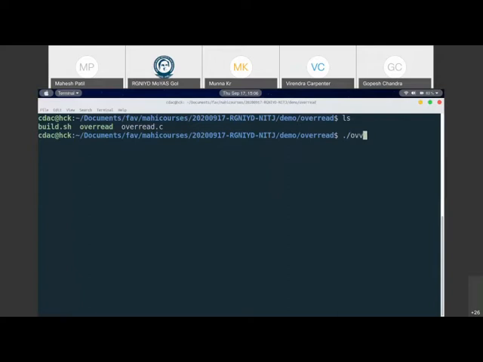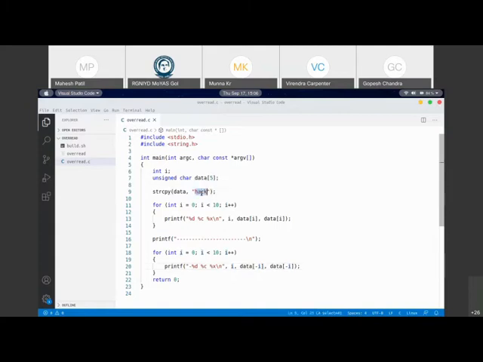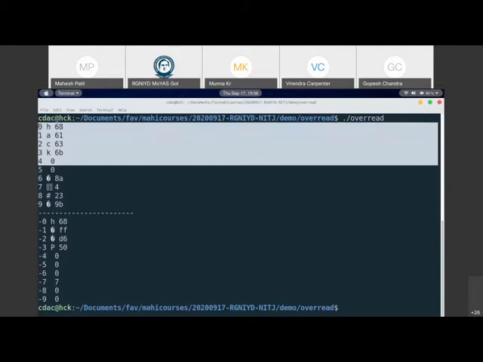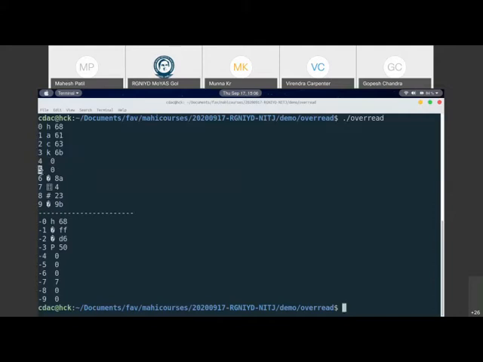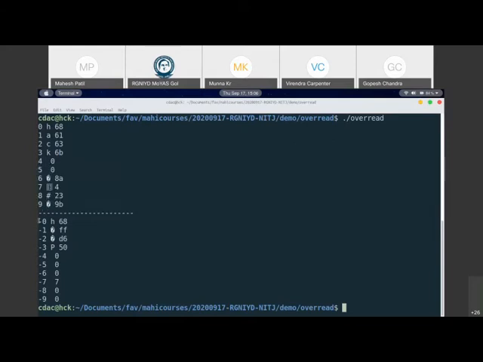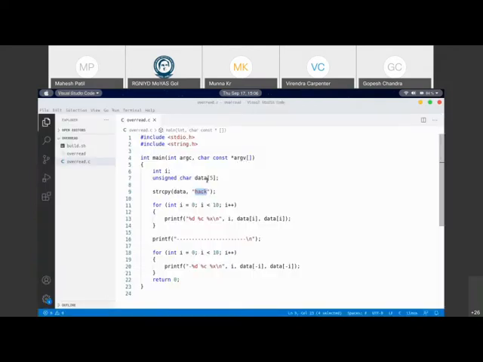So we have compiled the program and we are running it now. If you run the program, you'll see that at the 0th location, the letter H is there because HACK, as we mentioned. So HACK, the string ends over here. But you see that we are able to read the 5th location, 6th, 7th, 8th, 9th beyond the particular buffer. And that is true on the reverse side also. So data minus 0, minus 1, minus 2 memory locations, we are still able to read it. So it means on both sides of this buffer, we are able to read the data.